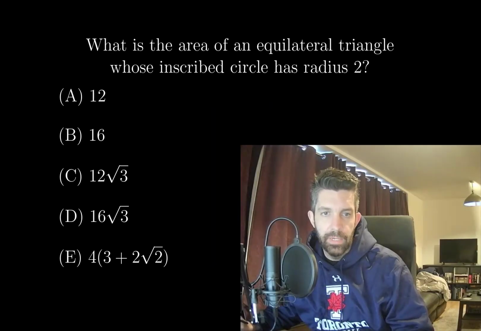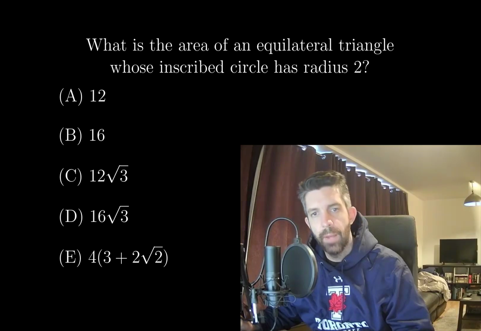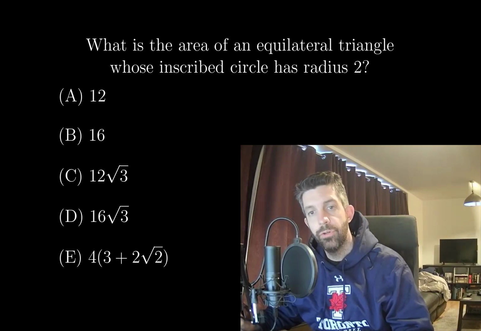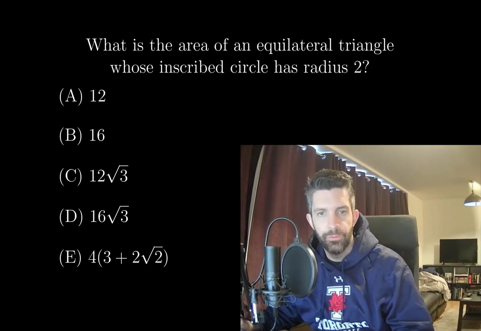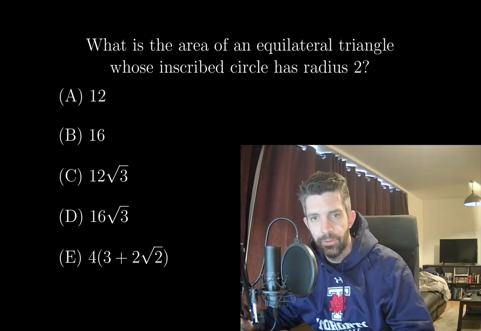What is the area of an equilateral triangle whose inscribed circle has radius 2? And there are 4 numerical options given here. So I'm inclined to say it's going to be one of the results that has a root sign in it, simply because